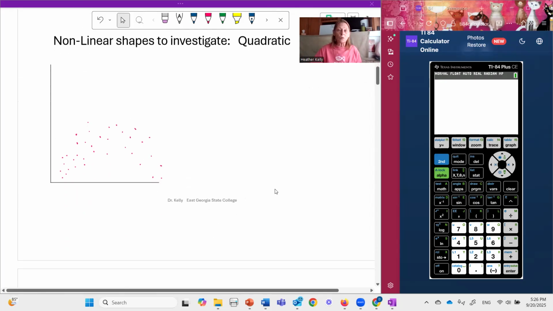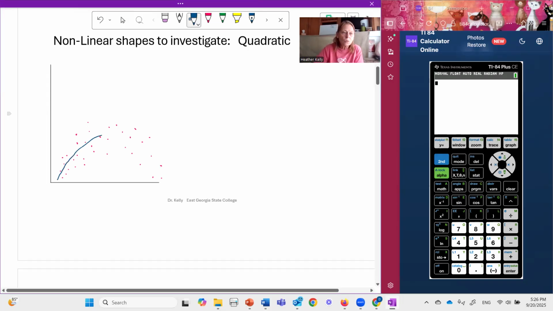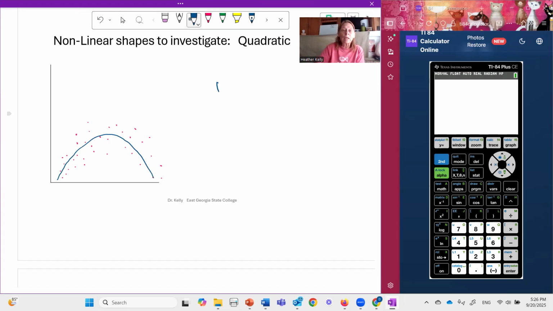So here is a scatter plot that I drew. It's not great, but I drew it. I want you to take a look here and see that the data kind of starts, and we always look from left to right, and the data kind of starts from here and it goes around and it comes back down. That is the quadratic shape. The shape of quadratics